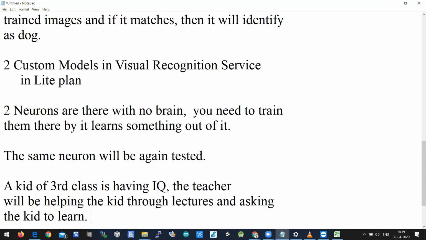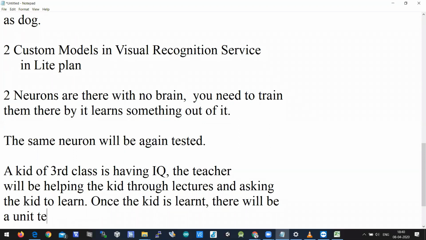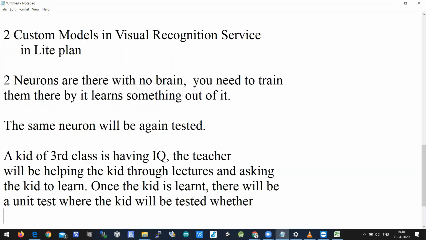And once the kid has learned, there will be a unit exam, right? There will be a unit test where the kid will be tested on whether the kid has learned or not.